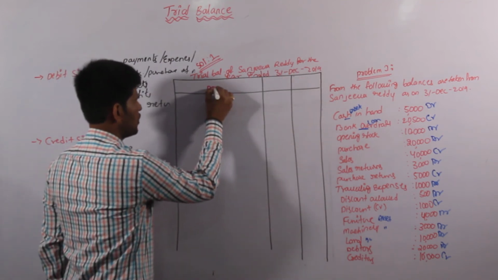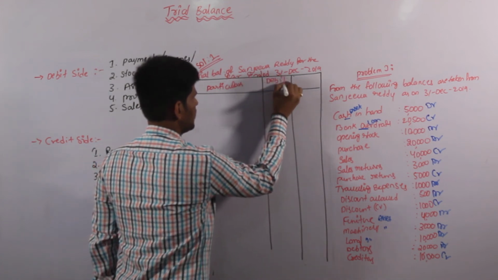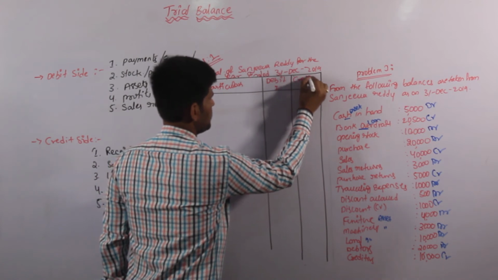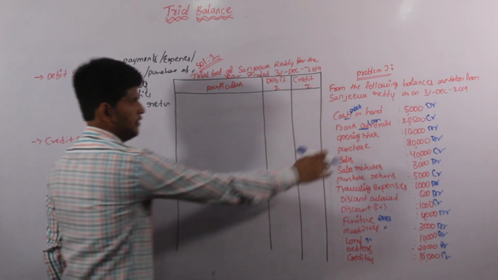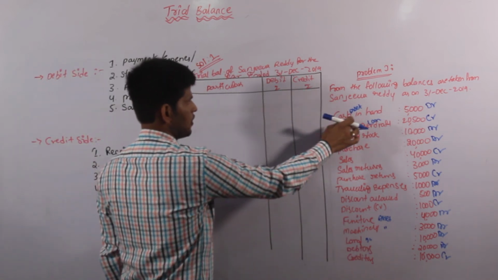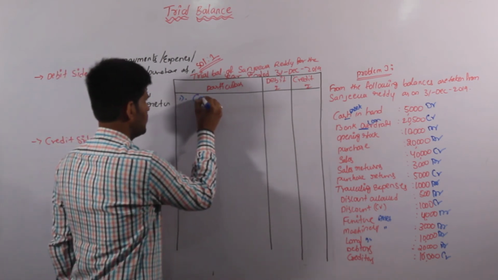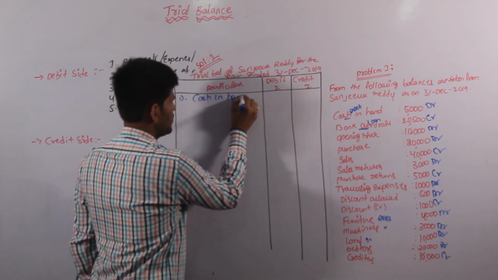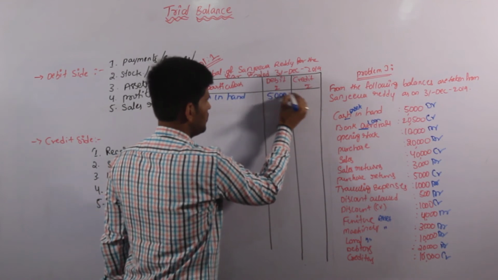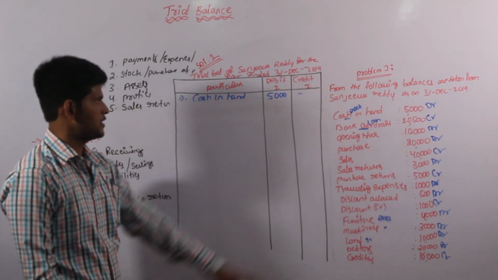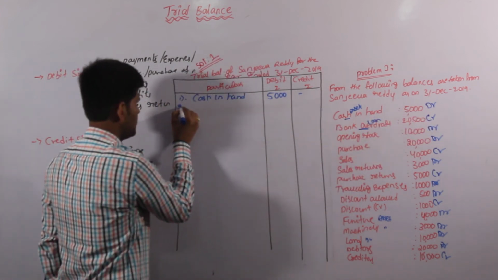Under the pro forma, the first column goes to particulars, the second column debit values, and the next column credit values. After preparation of this pro forma, we have to enter these transactions into the debit column and credit column. First one, we have to give a mark, that is cash in hand. So cash in hand goes to the debit side. In the debit column, we have to enter the amount 5,000. Right? This is the procedure of how to enter the values. Bank overdraft will be on the credit side.